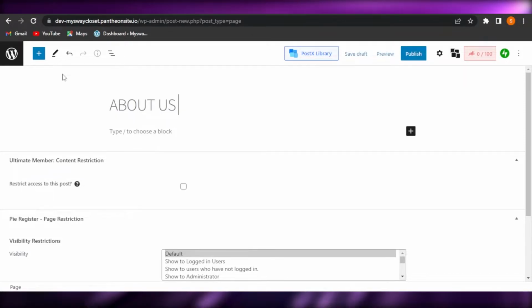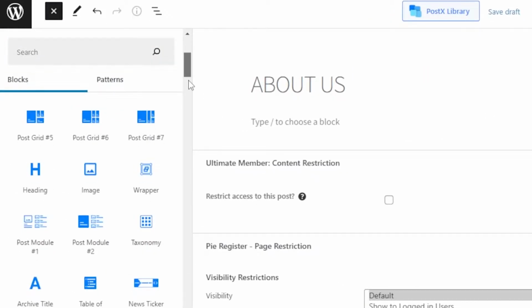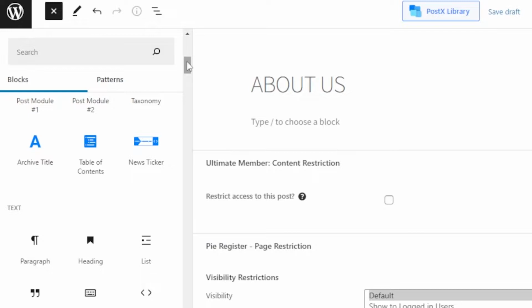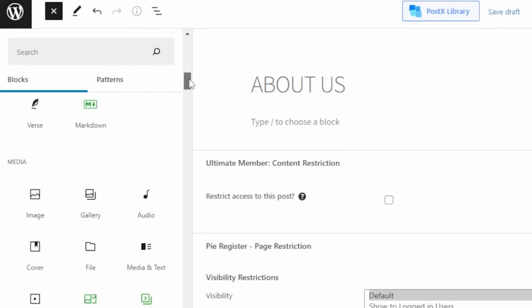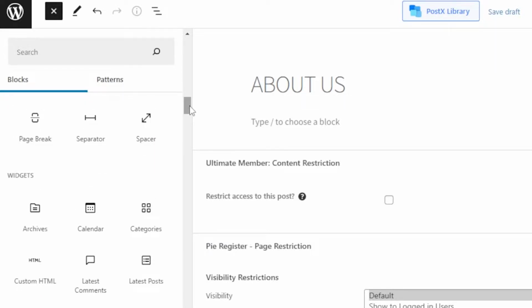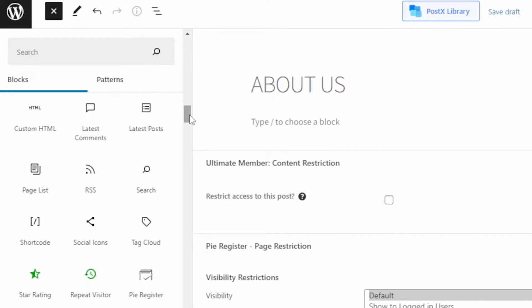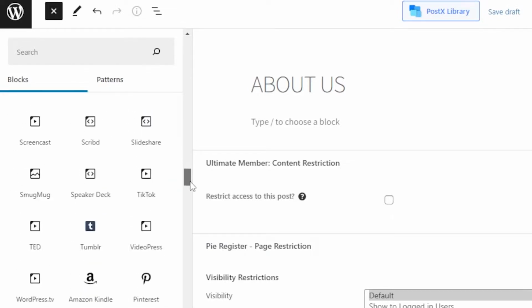In your about us page, you can add your images. Make sure to add your photo, because whenever we see someone, we can trust them better. We haven't seen anyone, so that's really simple. Make sure to add images, videos, gallery, buttons. You can create your own portfolio website as well, and add your social icons here